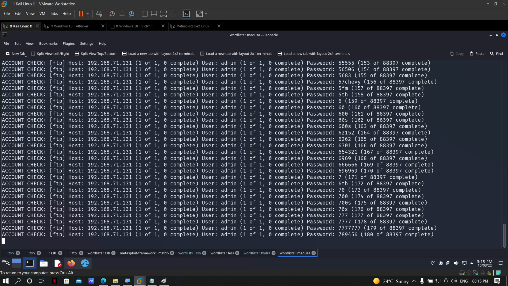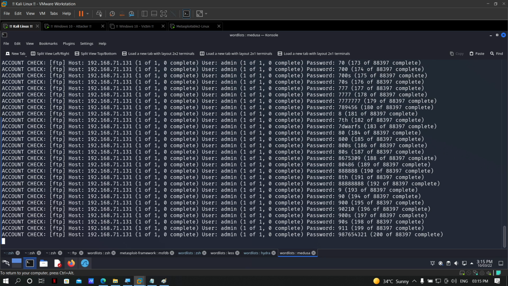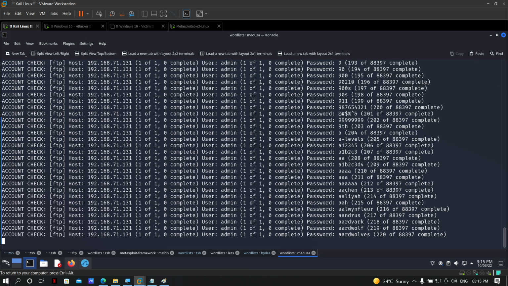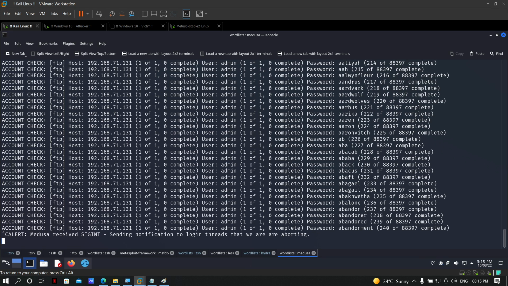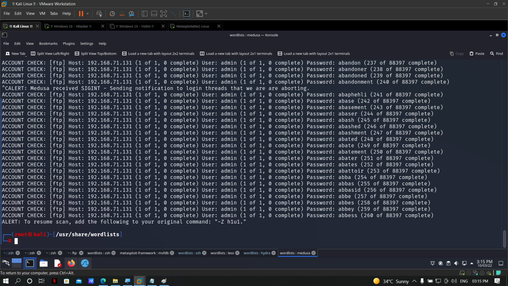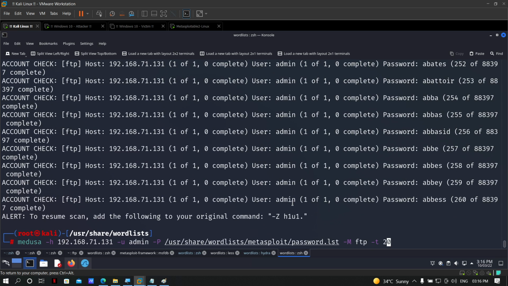Whenever you configure a server, you always configure the simultaneous connections, like how many users can access the server at the same time. Let's say you have configured your server so that only 10 users can access at the same time, right? In that case, if you go with 20 threads, you will get errors, right?